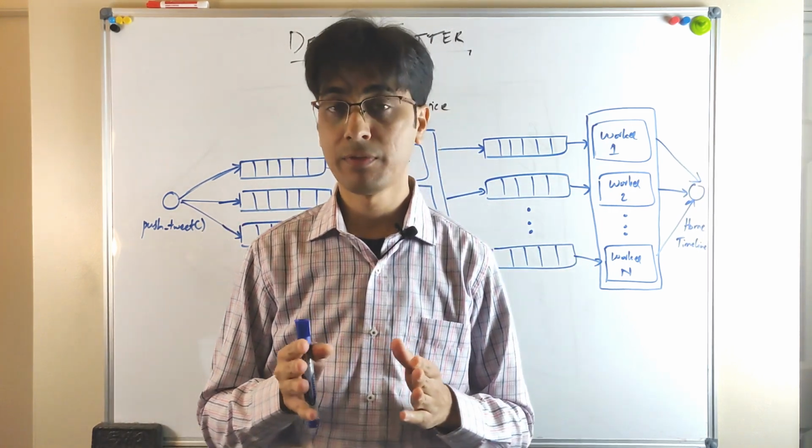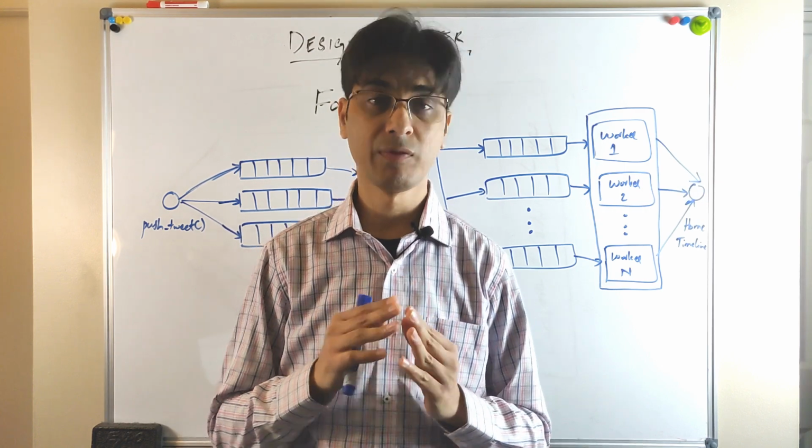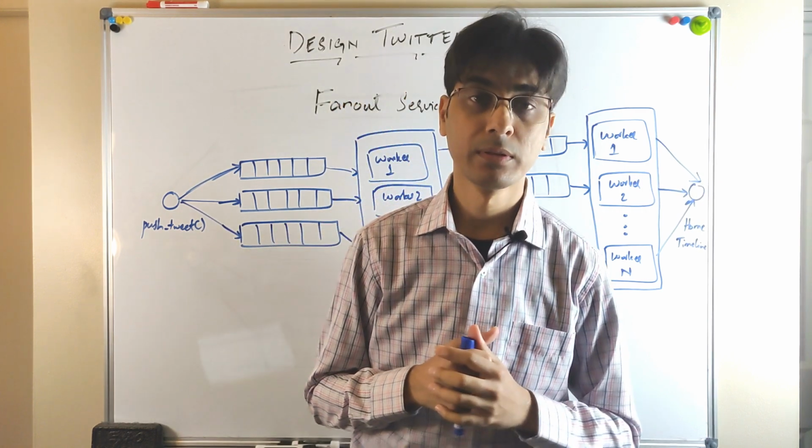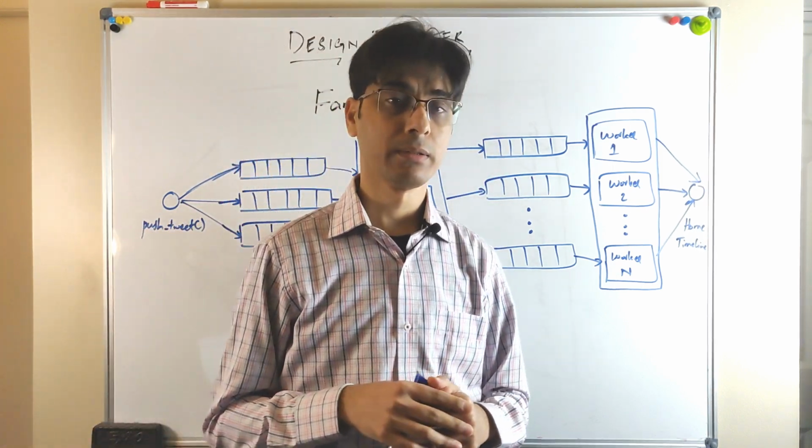So there's a question here for you guys. Let me know in the comments below what we should do in case of a hot user. If a hot user posts a tweet, should we insert those messages here in the second set of distributed queues